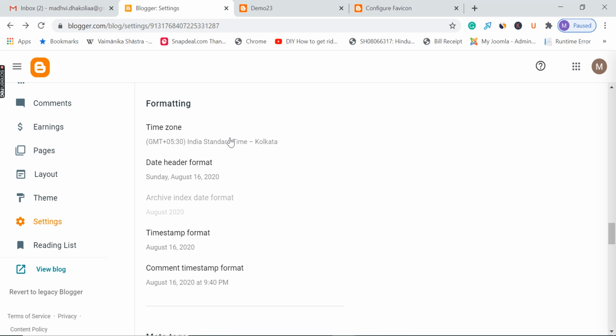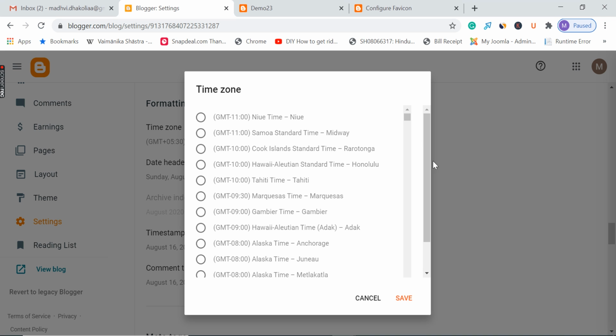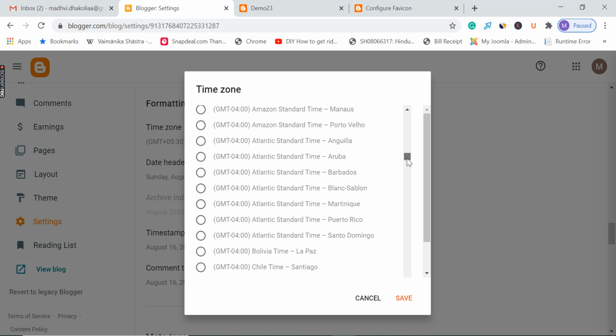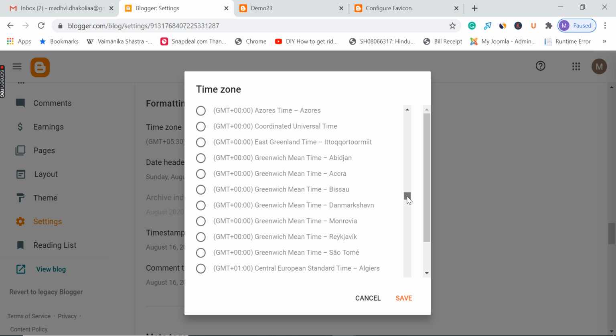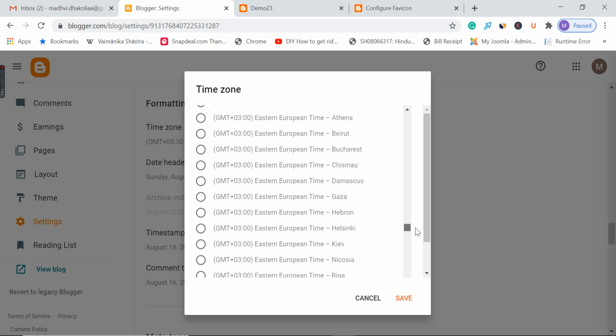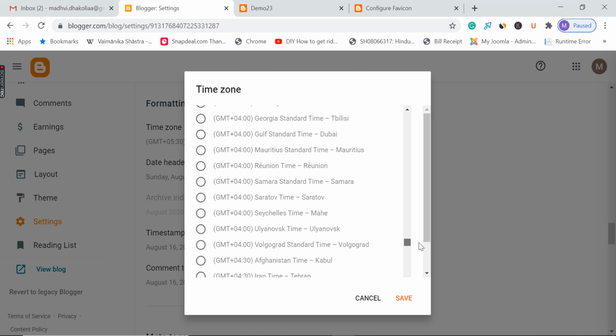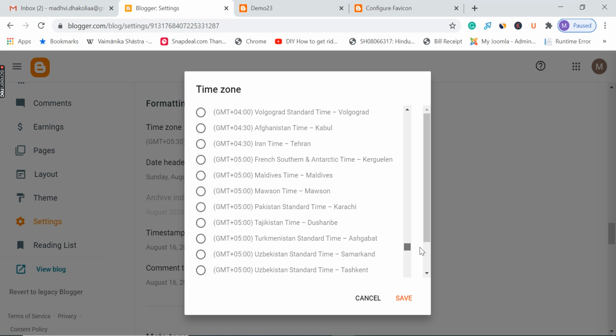Now that I'm from India, I will select my timing. When you're a new blogger, you will see Los Angeles timing, so you will select your time zone, that is GMT plus 5:30. Indian timing is GMT plus 5:30.